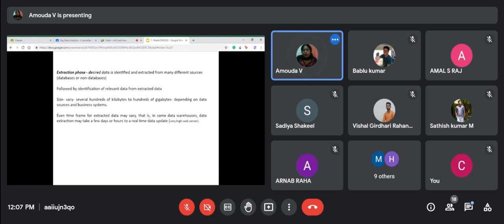Okay, then, even the time frame of extracted data may vary. That is, data extraction in a data warehouse may take a few days, hours, or be real time. The data extraction phase is very different. They're very tedious jobs actually. Very tedious job. Why I'm saying this: